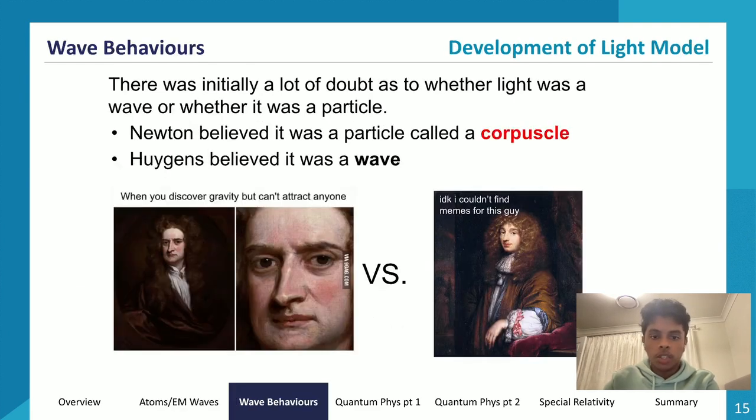Now we can move on to the development of the light model. So I like to think of this as a story, how we came to treat light the way we do. Right now we think light is a wave-particle duality, so it exhibits both wave and particle properties to a degree. But before, we considered light to be a particle, and then we considered light to be a wave. So it was an entire journey for us to get to where we are. That's kind of how I like to think of it.